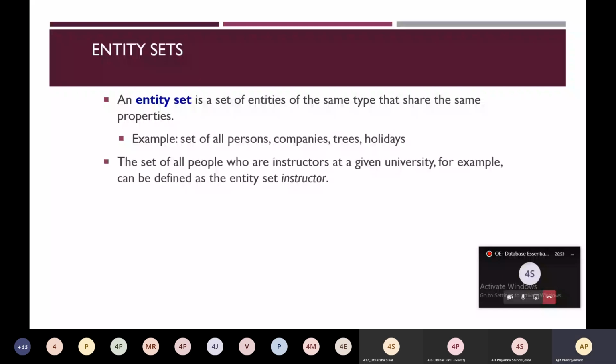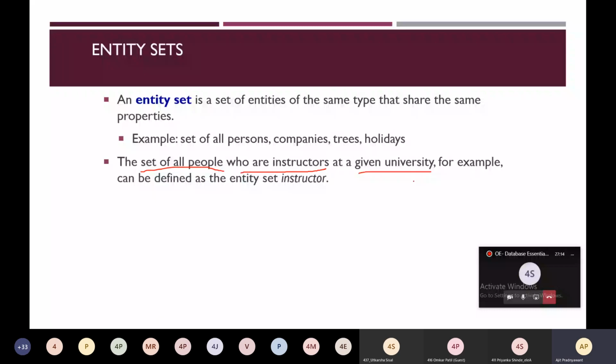The set of all people who are instructors at a given university can be defined as an entity set instructor.